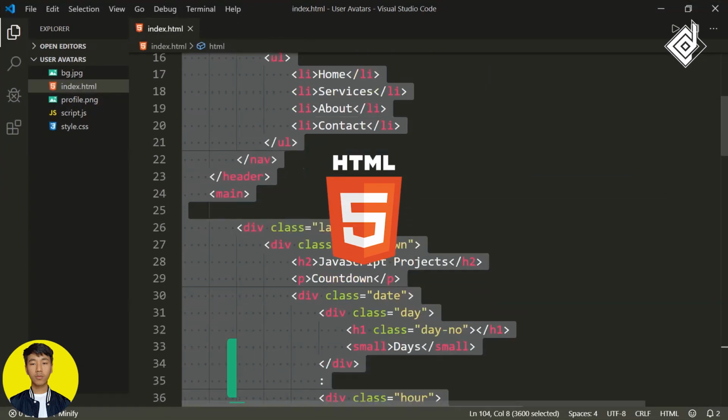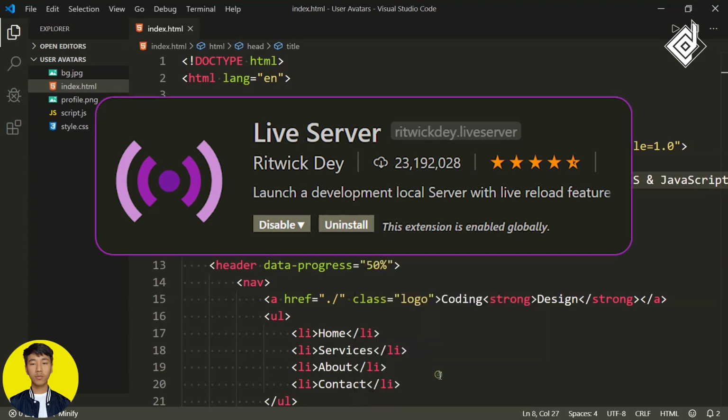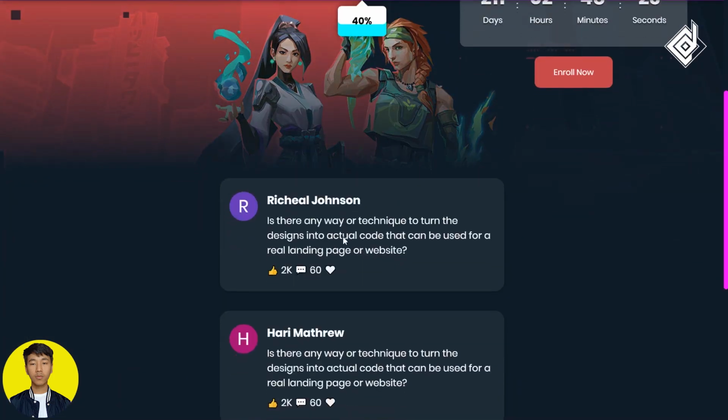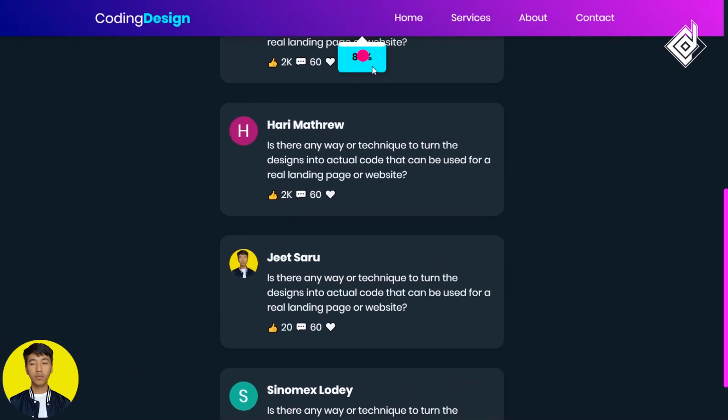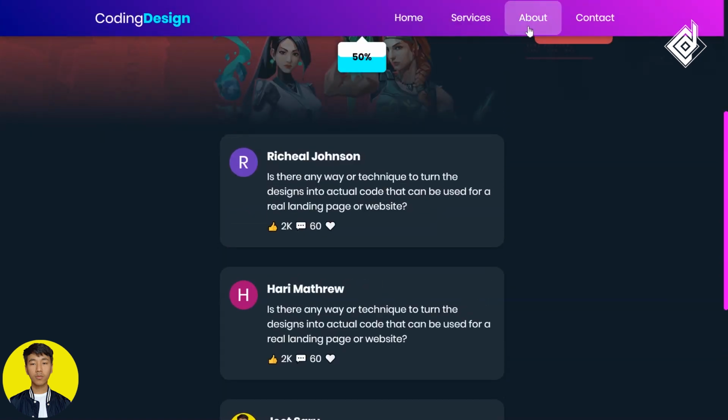This is the code that I have taken from the old videos. Let's check out the result with the help of the Live Server extension. As you can see, lots of things are going on. First of all, you can see a scrollable progress bar. And based on your scroll behavior, you will be able to show and hide your navigation bar.